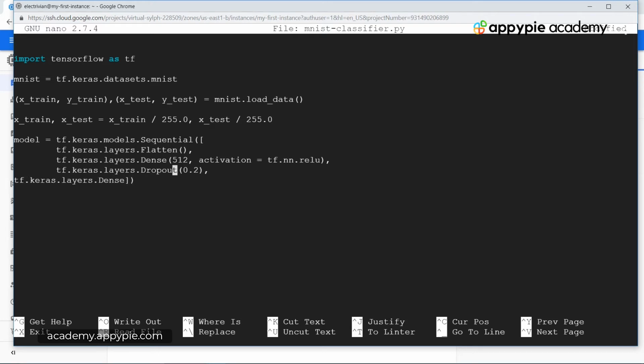Okay, we forgot to add the space over here. Inside this particular layer we are passing in the number of nodes. So we have 10 over here, and then we have the activation, and the activation is equal to tf.nn.softmax.